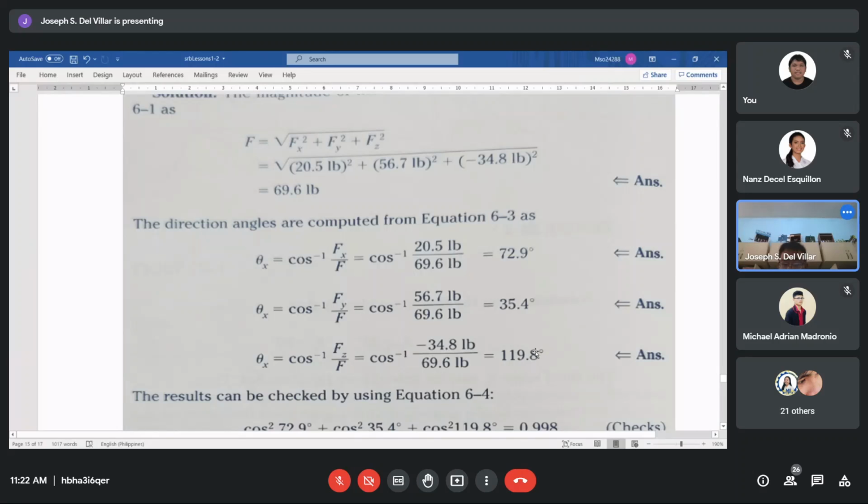Okay? 120.00 degrees kasi yung lumabas is 119.995248. Okay? So since after tayo ng 2 decimal place,